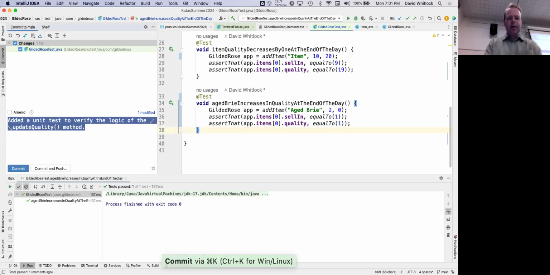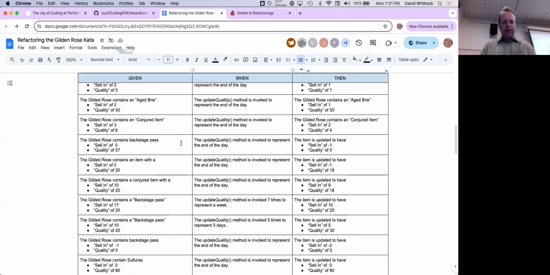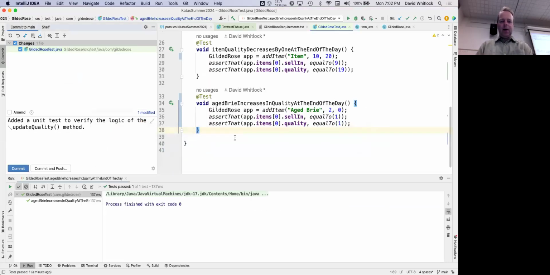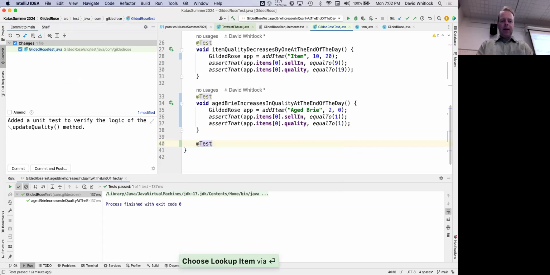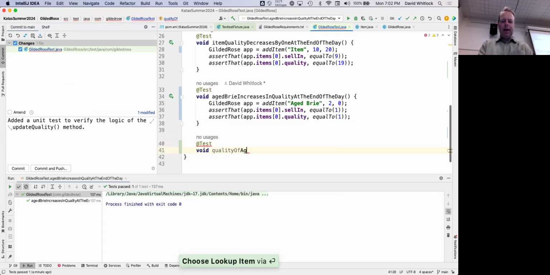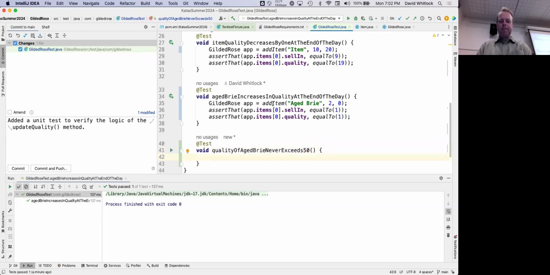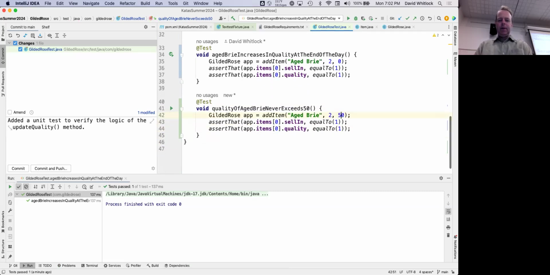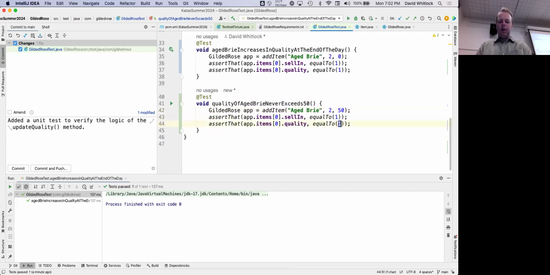Okay. So let's see here. I'll add one more for aged brie because I'm really curious about the top. When it has a sell-in of 2 and a quality of 50, at the end of the day the sell-in is 1 and the quality is still 50. So let's see here. I'll say quality of aged brie never exceeds 50. Okay, aged brie, it was sell-in 2, the quality was 50, and then the sell-in at the end of the day, it's